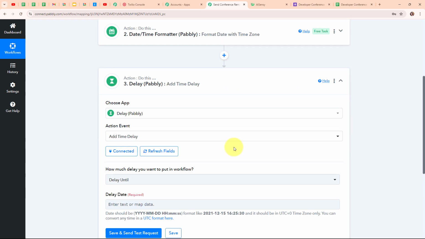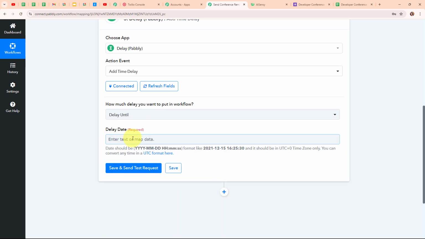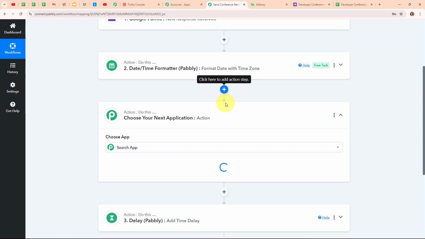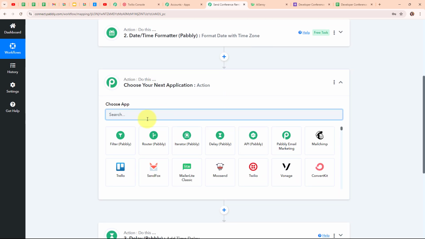And here in this delay action step, we can now map our delay date. But here let me tell you that we want to delay this entire workflow till one day before our conference. So for that, what we need to do is subtract the one day time from our current conference date and time. So for that, we have to add another action step by clicking on this add action step button given over here. And here in this action step, we again need to select a feature by Pabbly, that is date